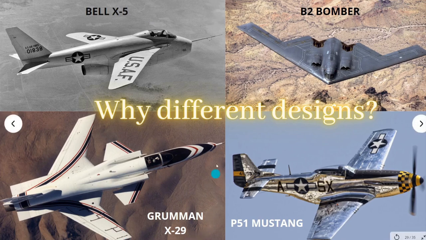And third one, we have the Grumman X-29, which is a German-made aircraft, and it is the most unstable aircraft ever built. This aircraft was built unstable to get high maneuverability, right? But it is not in use currently due to its high instability. And the fourth one, we have the P-51 Mustang. It has a tapered wing, as you can see. So all these designs are so different from each other because they are designed to meet a specific requirement, right?